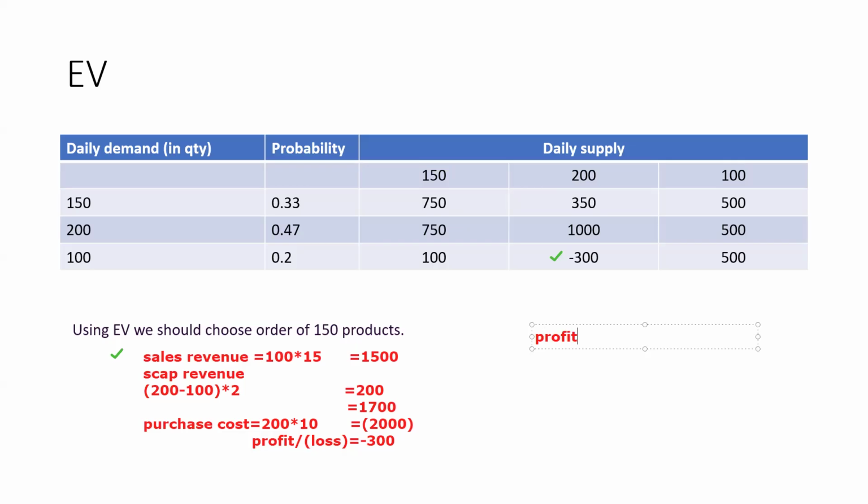Profit for sales units. Here we are going to sell only 100 units. 100 units at 5 means we are getting a profit of 500. Right? Then you know how to calculate profit per unit, right? Profit per unit is $15 minus $10. Then here,